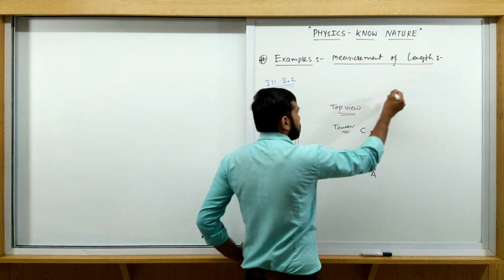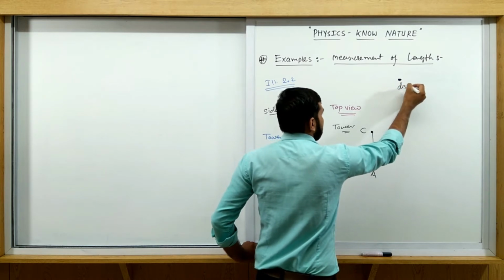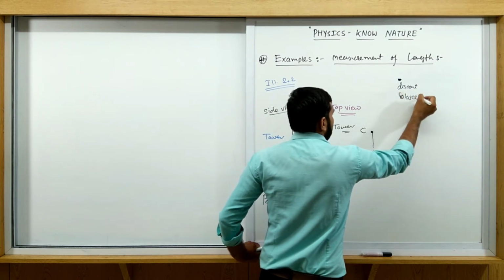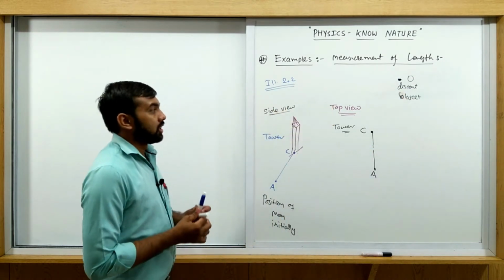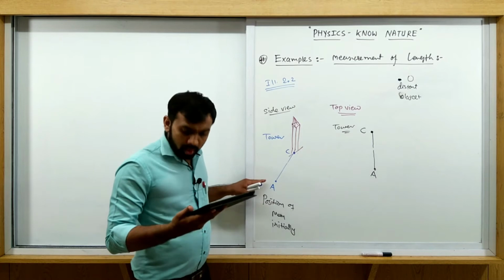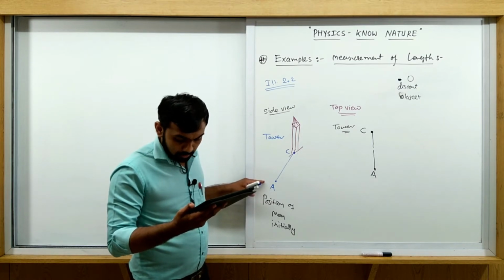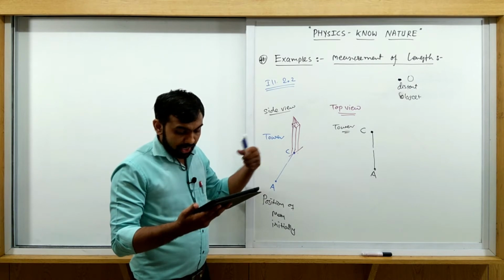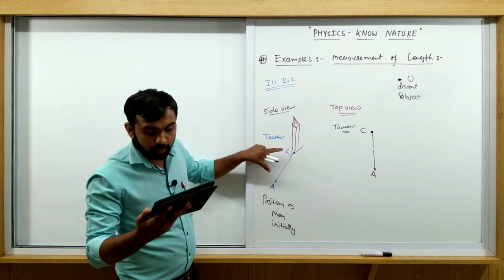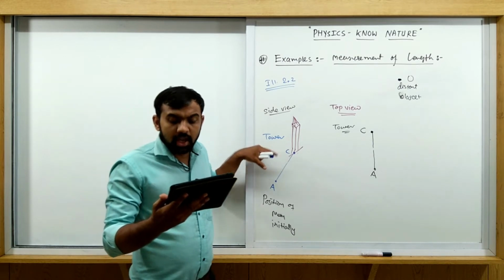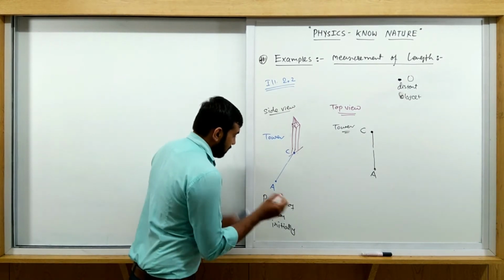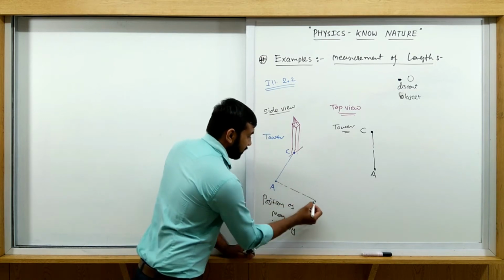Now this man observes a distant object. Now what is the statement? From position A, this man starts walking perpendicular to AC. Now this is AC. The man starts walking perpendicular to AC, and reaches point B after covering 100 meters. So the man walks like this in a perpendicular direction and reaches somewhere here.